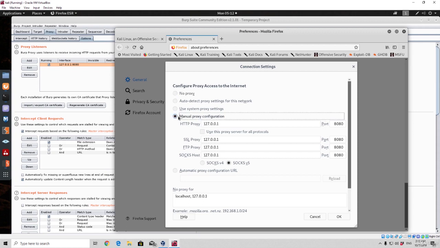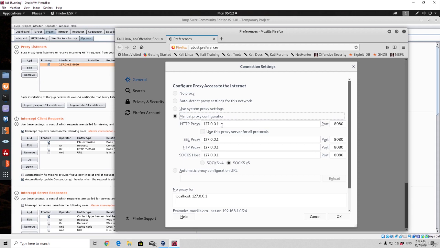By default, I believe it will be set to no proxy, and you want to change that to manual proxy configuration. Once you click on the manual proxy configuration, you should have all of these fields empty, I believe. Since they are empty, you want to actually input the localhost IP address into all four. So 127.0.0.1 should be the IP address in all four fields, and under the port fields you should have all four same ports, which should be port 8080, the one we have set up in our Burpsuite,